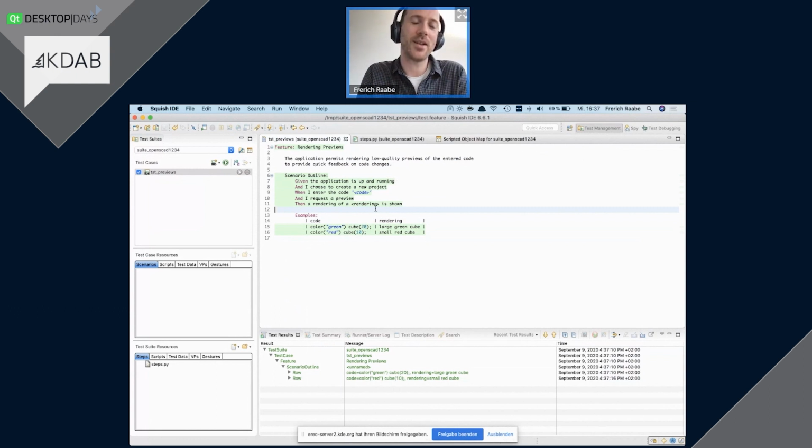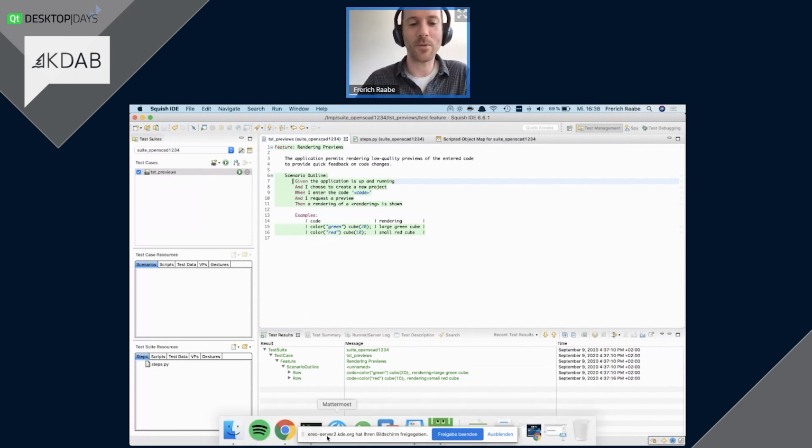But to be honest, this is not actually how you run tests with Squish. Turns out that people don't actually sit in front of their IDE and press play all the time, as I just did. Instead, you would like your automated tests to be run as part of your nightly builds, for instance, or as part of your continuous integration system or anything like that. And luckily, this is quite easy with Squish and should be possible with any testing tool you use.